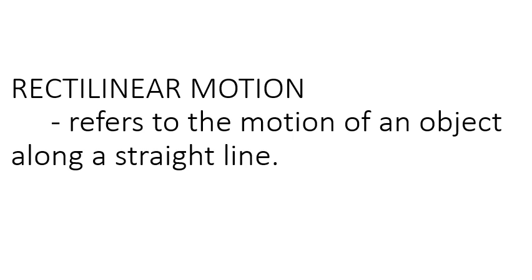Uniform rectilinear motion refers to motion where the object moves along a straight line with a constant velocity, meaning there is no acceleration. In this case, the displacement increases linearly with time. Non-uniform rectilinear motion is where the object moves along a straight path but the velocity is not constant, meaning there is an acceleration or deceleration involved.